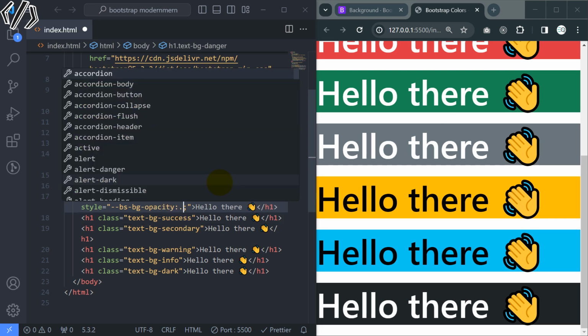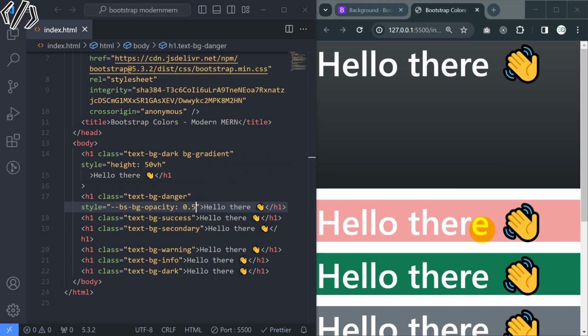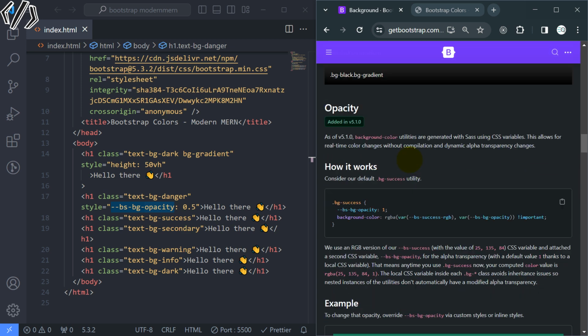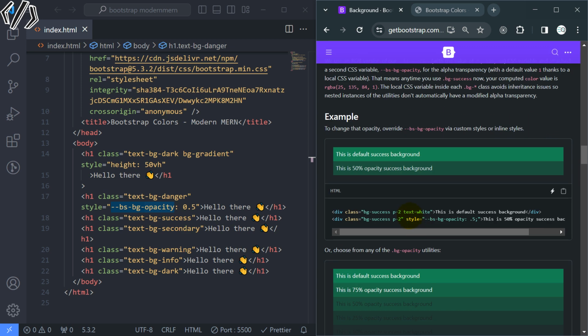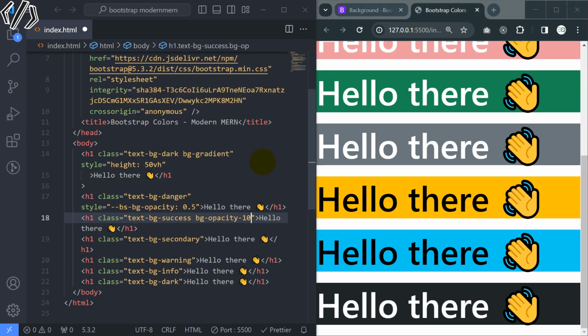Let me set it to 0.5 and save it. You can see the danger is now 50% opacity. If you want to learn this, you can go here. It is telling us the way we can add opacity to it. We have another class that will actually give the opacity, that is bg-opacity. So it will add the